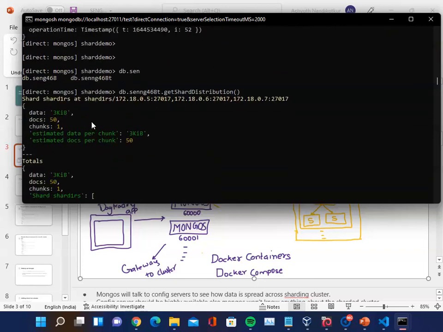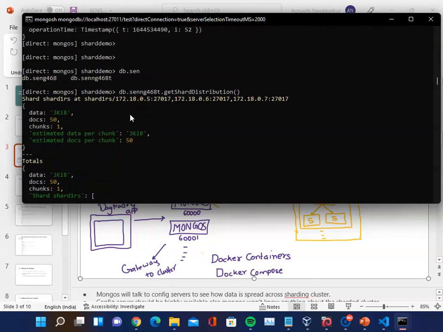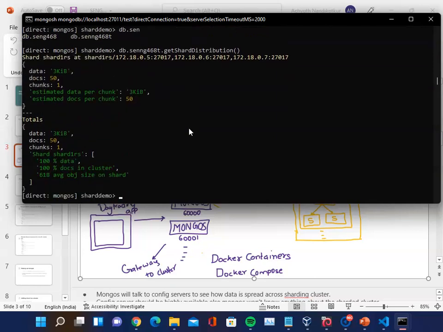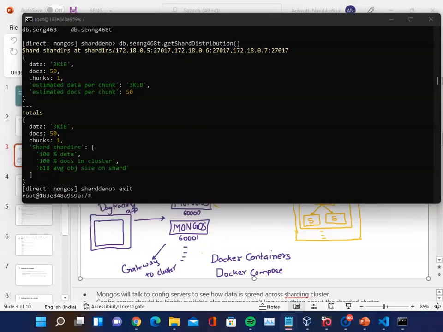You can see the data being split across shard1 RS. And if you add more data, it's going to split across the other shard as well. So that is how sharding works. Essentially you can use something like this within your project for sure. So what I'll do is I'll post all of the Docker Compose files along with the commands